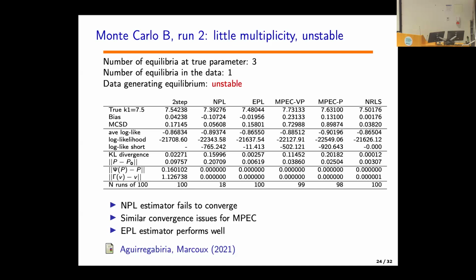You initialize it with something given from the data, but then you start to iterate, and that iteration procedure leads you to a new prediction of conditional choice probabilities and new parameter estimates. Apparently that's not very close to the data in terms of that KL divergence, or the maximum absolute deviation from the true ones over the state space. So NPL fails to converge,